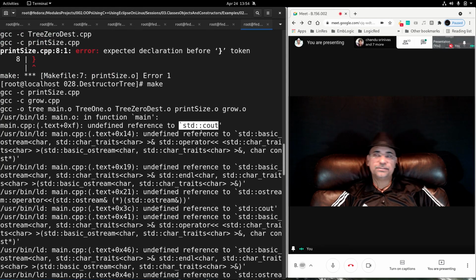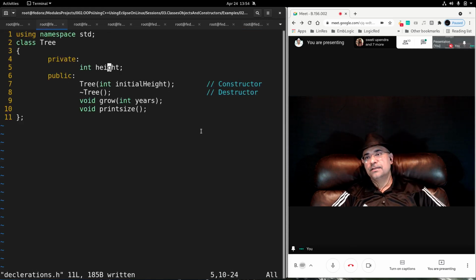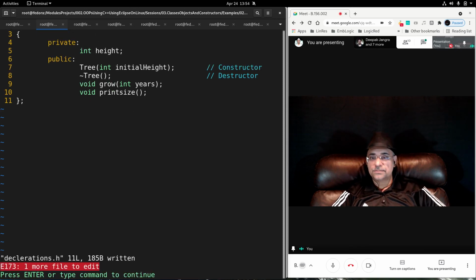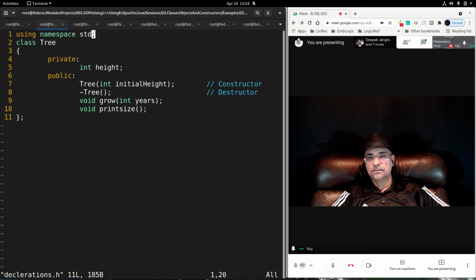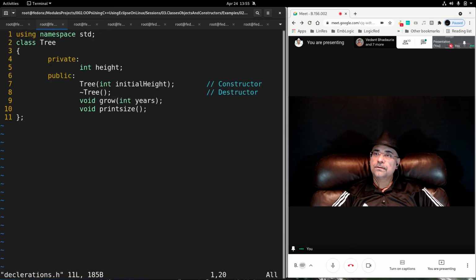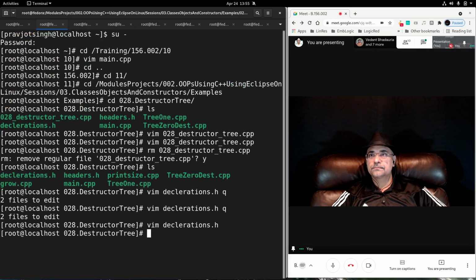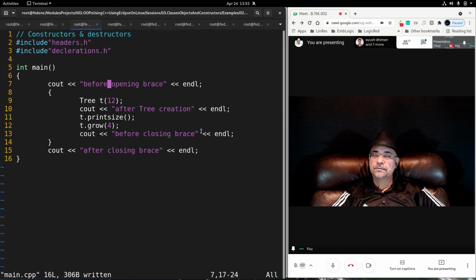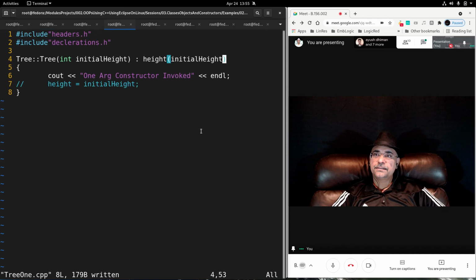Namespace. This is a namespace issue. We have included namespace in the header file, declarations file, using namespace std. And main.c, it is added. Everywhere it is added.